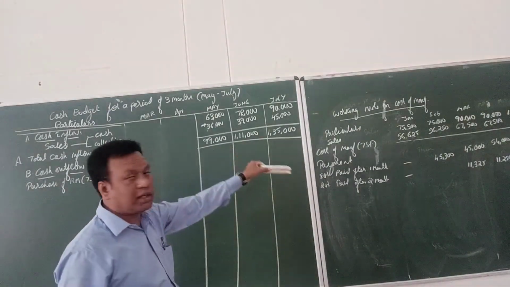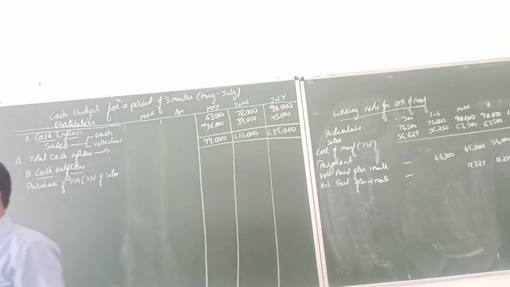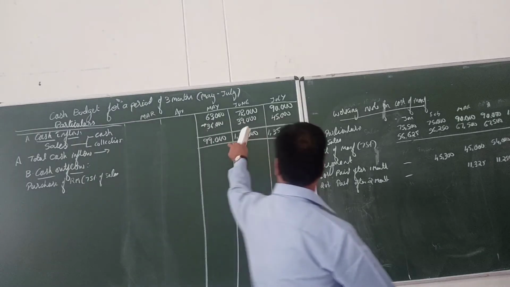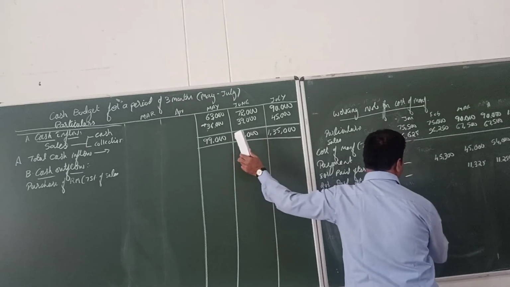I don't have data now. All of you check it out. 24,000 plus 18,000, is it right? 24,000, 21,000. See, for the month of June you are doing, right? June means you have to take the data of April and May. How much do we have for April? What is sales in the month of April? It has some doubt here.